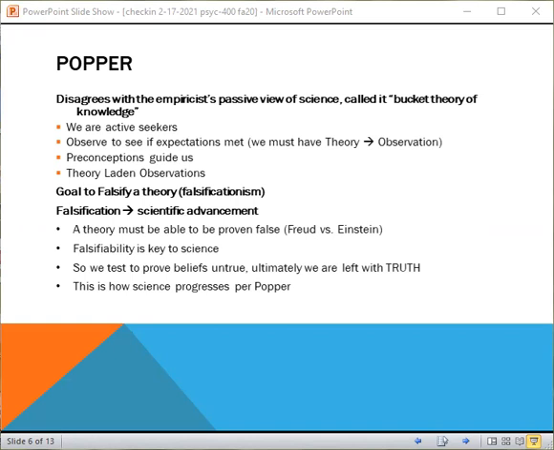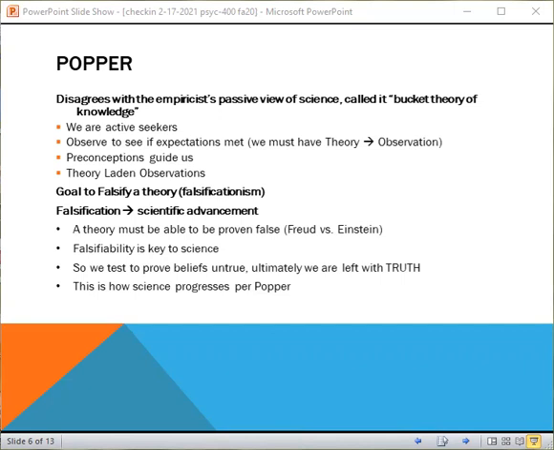But the problem with his theory was there was really no way to prove it one way or another as being false or not. Unlike Einstein, where when Einstein made predictions, these predictions could go one way or the other. They could be supportive of him or totally unsupportive and prove him wrong. So as was pointed out,